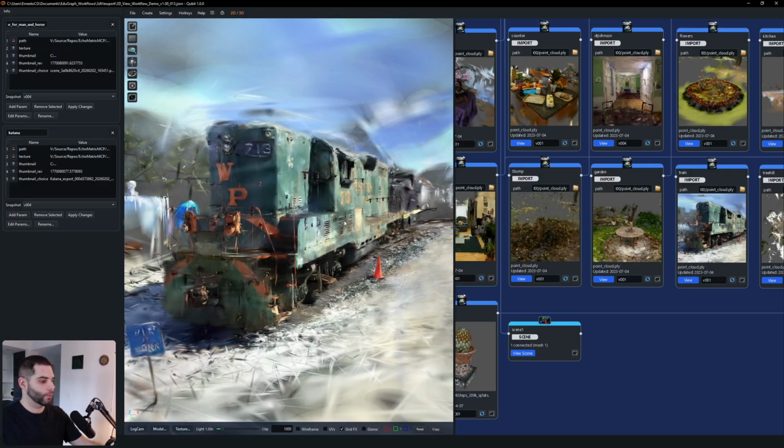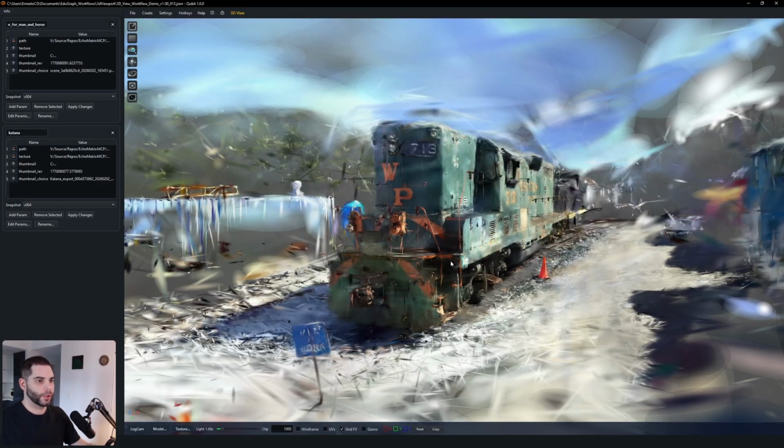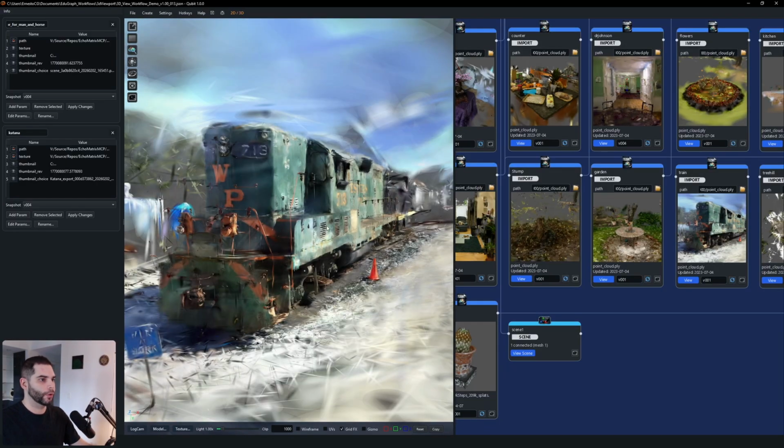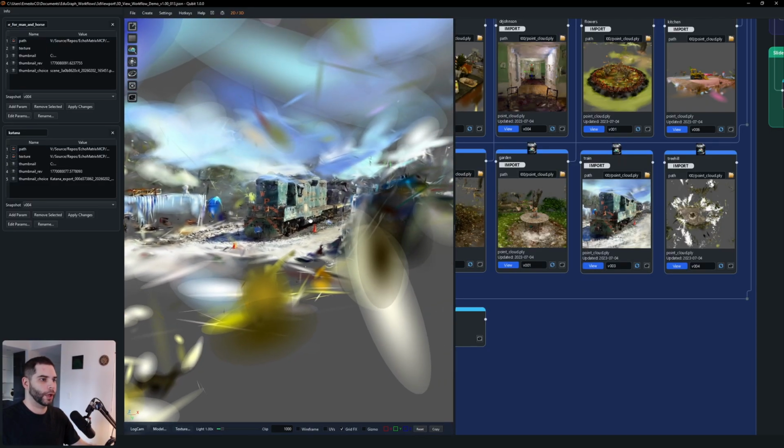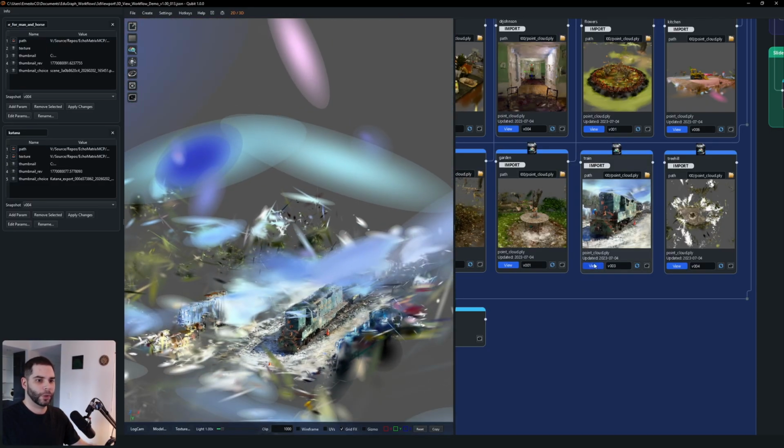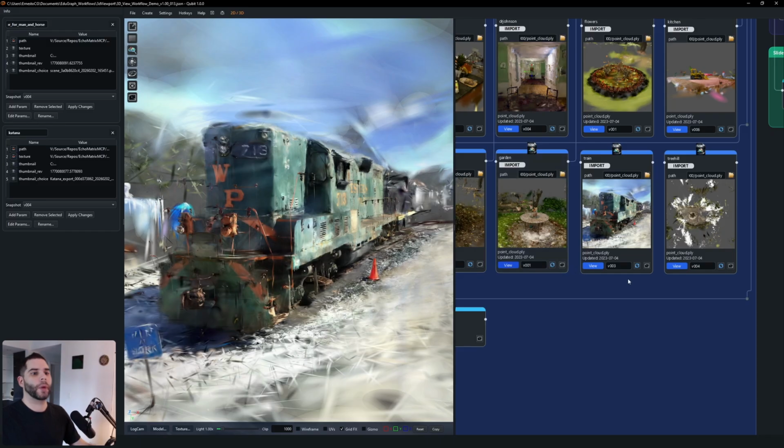So then we can see it in wide mode, or this mode, and then we can take a snapshot with the snapshot button, and that will take a snapshot and put it in there, and we have different versions here. And the one we just took, if we navigate away from it and we click again, it will bring the camera back to that position. And then now when we save this workflow,